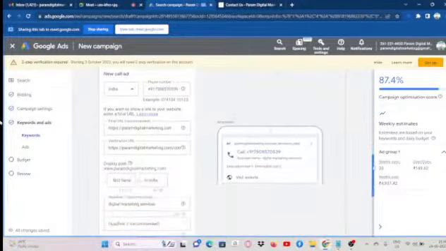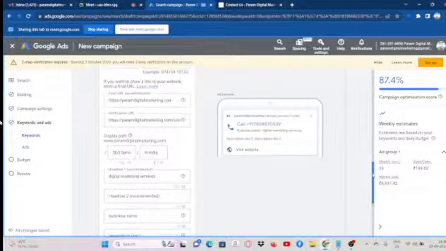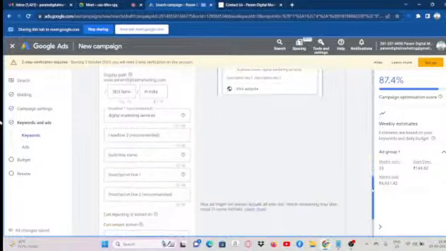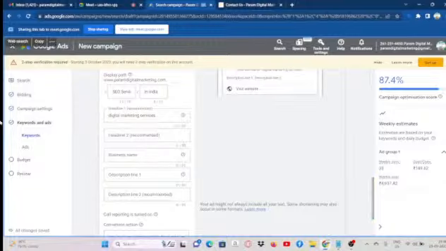In Google we create 10 types of Google ads, and in each ad we get a different quantity of headings. In some ads we get 15 headings, so we can write 15 different headings. But this is a phone call generation ad. Our objective is phone calls. So in this type of campaign we have only two heading options. So, SEO services at